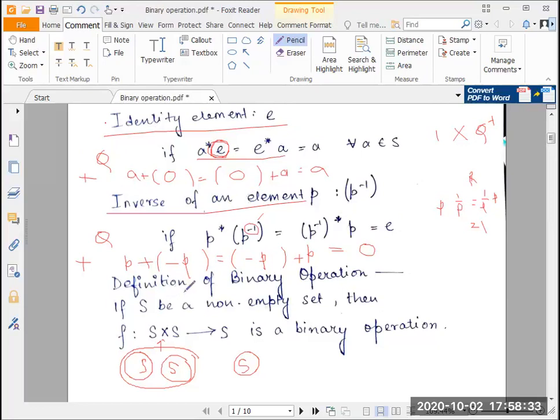So that is basically the very foundation concept of binary operations. Up until now, we have discussed the 3 laws: the commutative law, associative law, and distributive law, and we have tried to find out the basic concepts of the 2 elements that might exist in a set on which a binary operation is defined, which is the identity element and the inverse of a particular element.